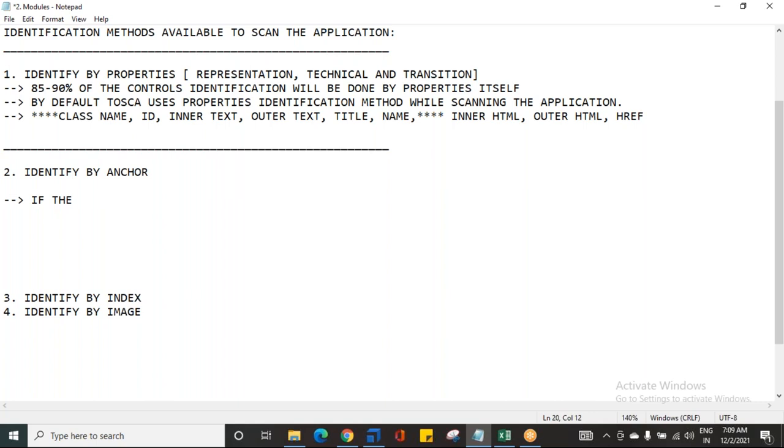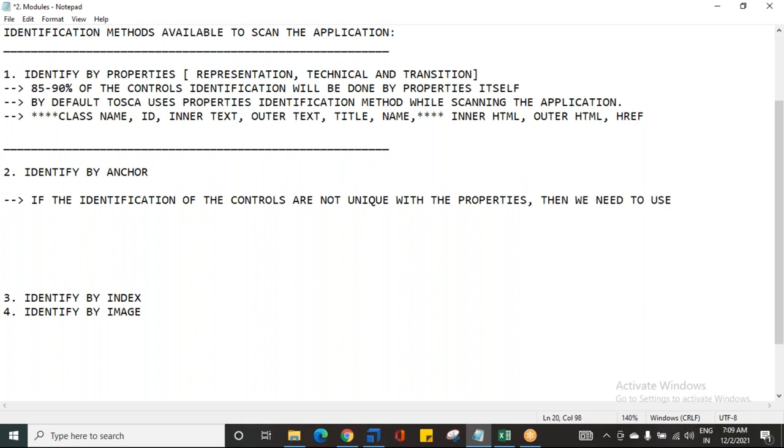If the identification of the controls is not unique with the properties, then first of all we need to identify any control with properties, and even after identifying with the properties, ultimately our intention is that the controls should become unique. But if the controls are not becoming unique, then